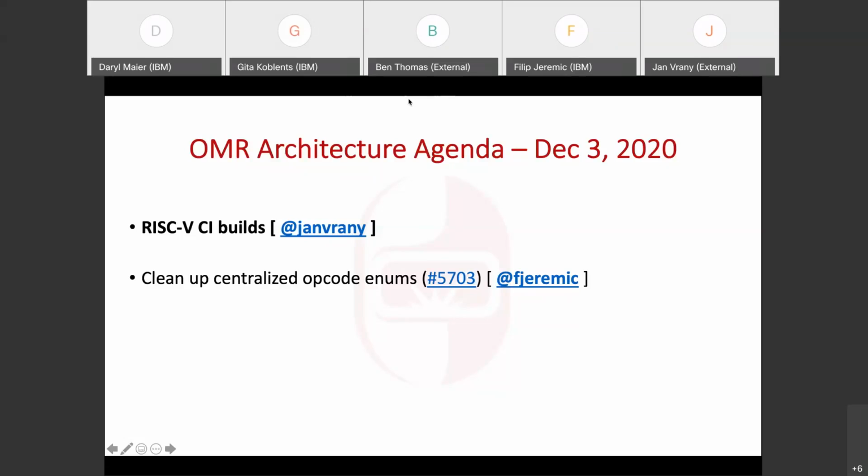Other kind of regressions are mostly caused by adding new tests, which is a great thing. On the other hand, I'm not as fast keeping up implementing new code. And now when, for example, there is a test for a new OpCode, which is not implemented by the backend, then the test crashes because there is the TR unimplemented, which causes a trap, and then the whole thing is marked as a failed build,